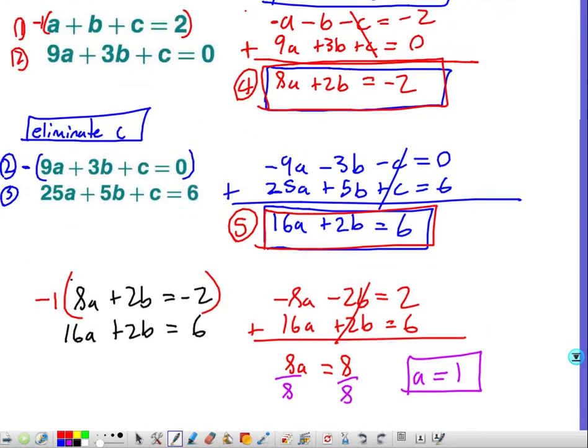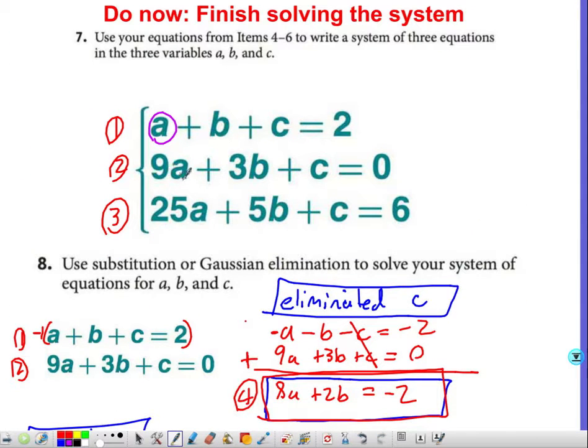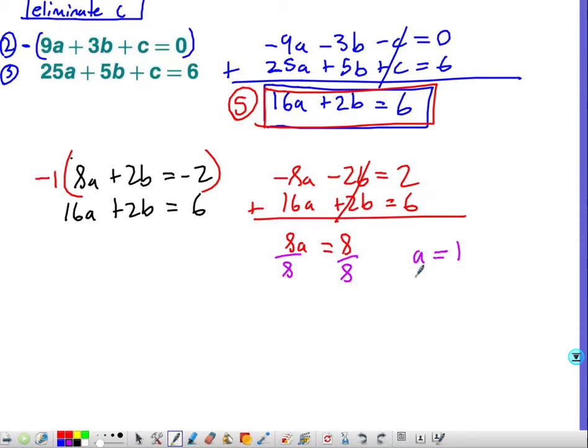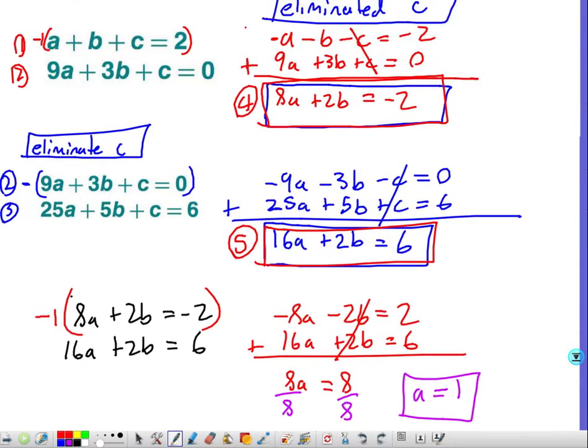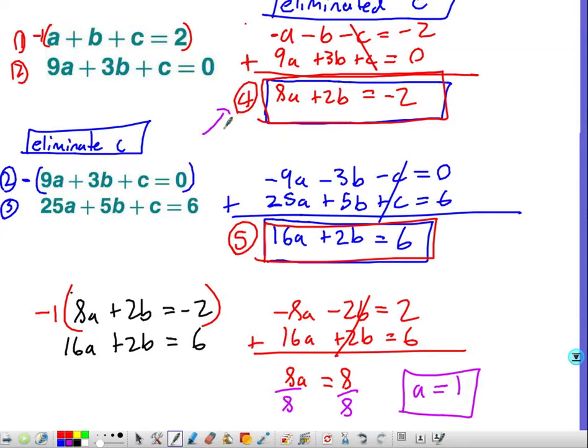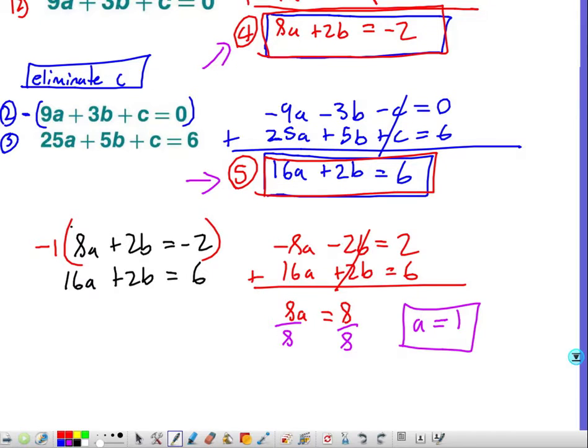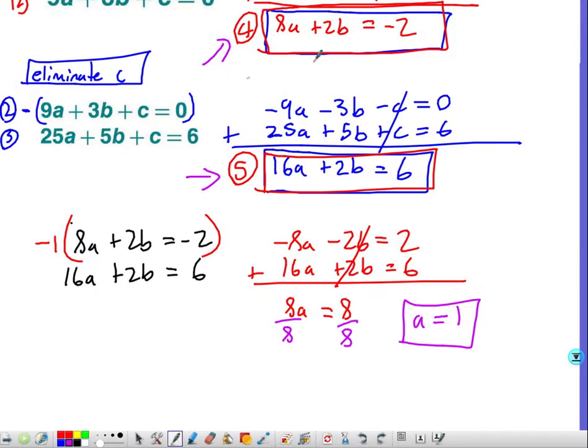Notice that at the very beginning we want to solve for a, but we also want to solve for b and c. So once I get that a is equal to 1, now I can plug it in either into equation 4 or equation 5. It's going to be your choice. Let's go ahead and plug it into equation 4. So equation 4 is right here, and if I plug in a, which is 1,